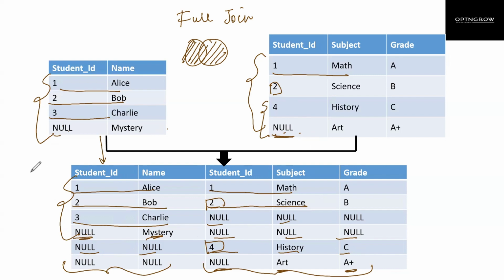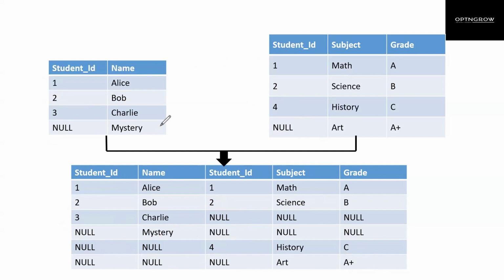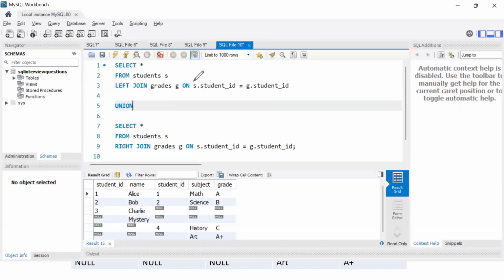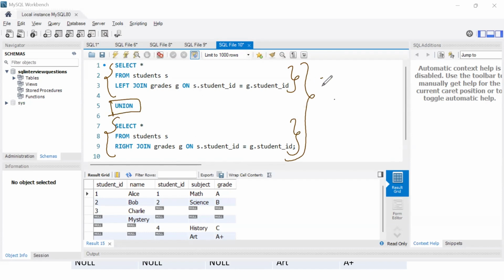So I hope that you guys are clear with how things work when we are having nulls in the joining column. One more thing, in case of MySQL, we do not have the outer join keyword. So when you have to perform the outer join, what you do is you do a left join first, and then you do a right join, and then you perform the union between the two tables. So just remember this thing, that whenever you're joining two tables and if you want to achieve the full outer join, we do not have this keyword in MySQL. We do have this keyword in SQL Server, but not in MySQL. So what we do is we do the left join first, then we do the right join, and then we simply do the union between the two tables.